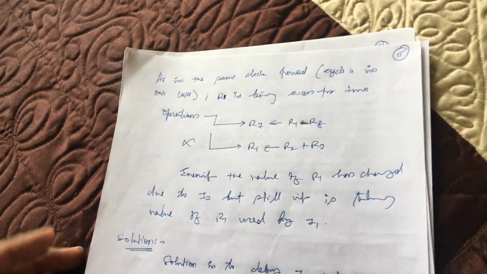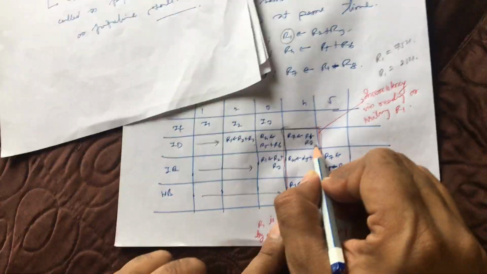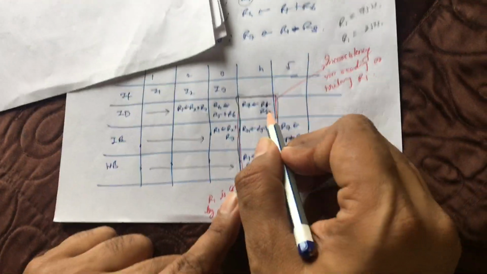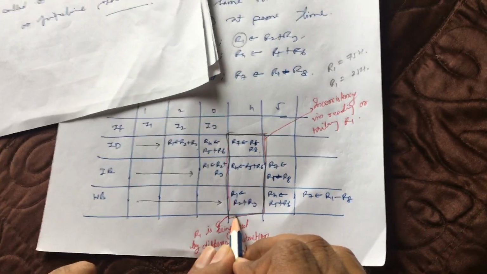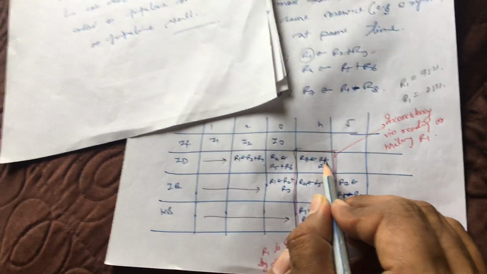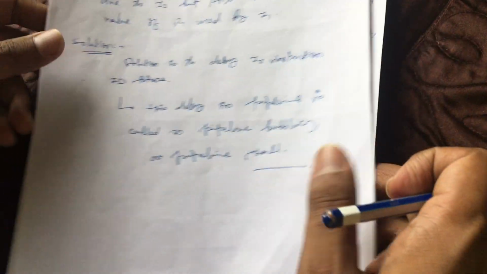We need to delay instruction I3 before it is executed. What we are doing here, the third instruction I3 is delayed so that ultimately R1 has changed in a proper manner. Then it is actually taking the updated value of R1. So this was all about pipelining hazards. Thank you.